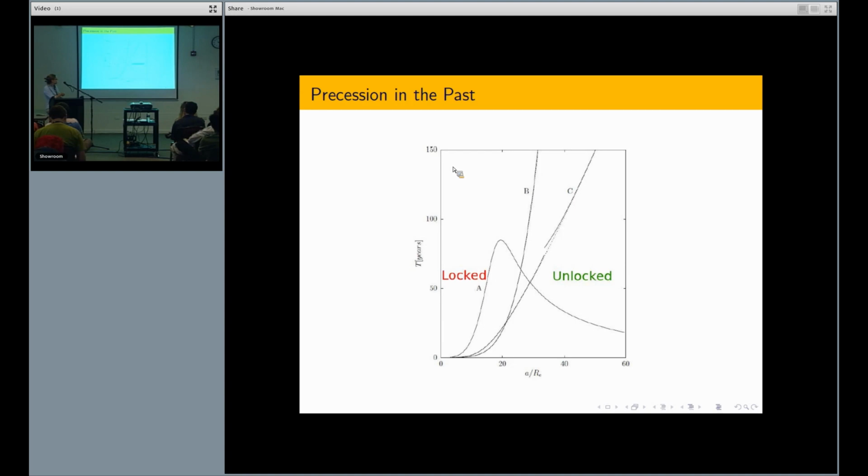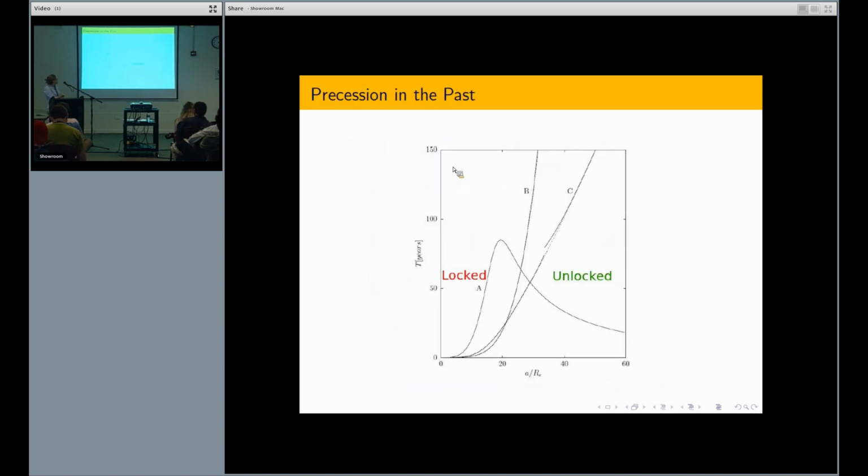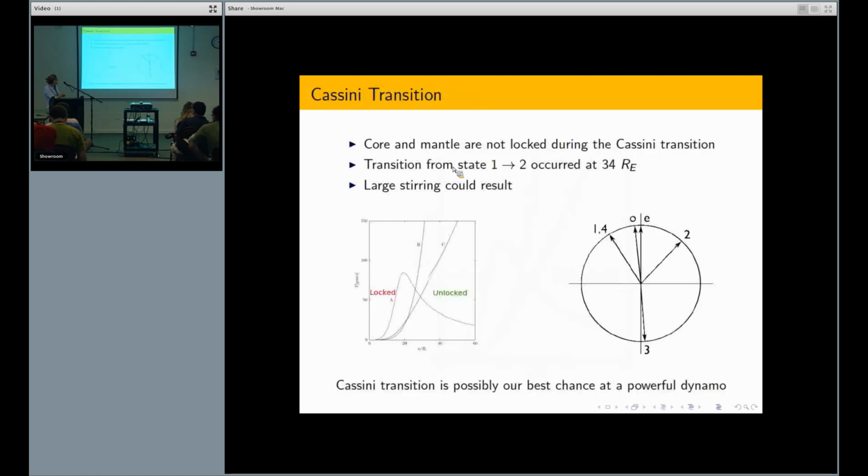After 26 or 29 Earth radii, the core and mantle spin axis are unlocked, and a dynamo is possible. So you should note on this that there's this gap in curve C. Curve C is the one with the fossil bulge, and that's due to the Cassini transition, as I talked about earlier. So this means that the Cassini transition is happening after the core and mantle have transitioned from being locked